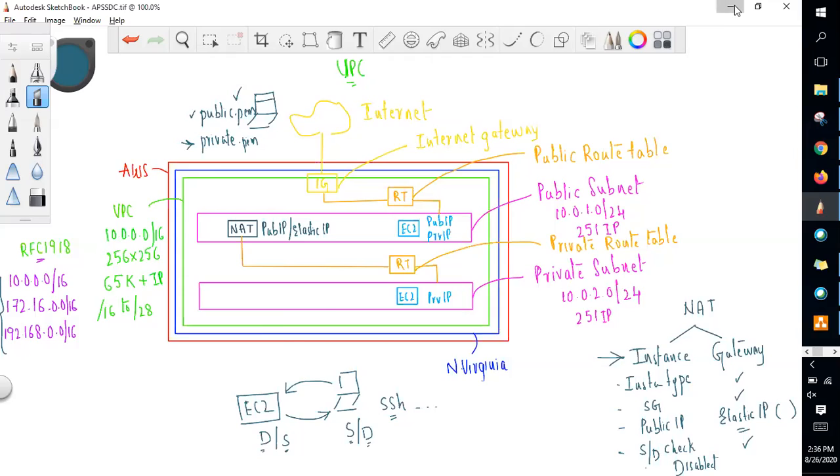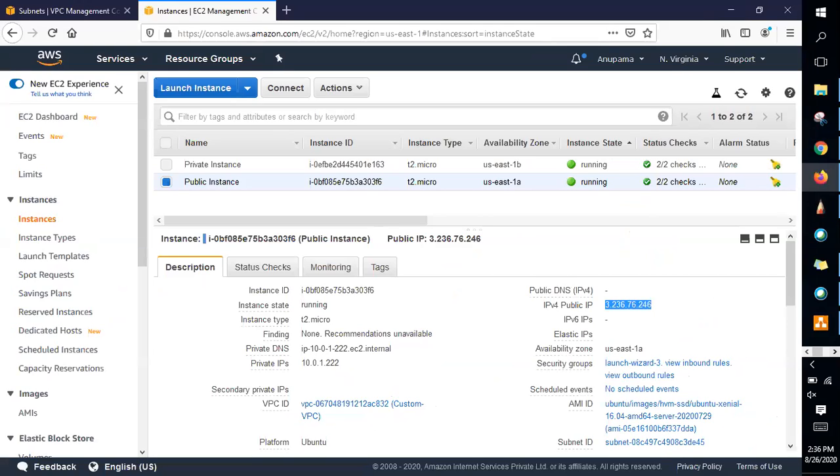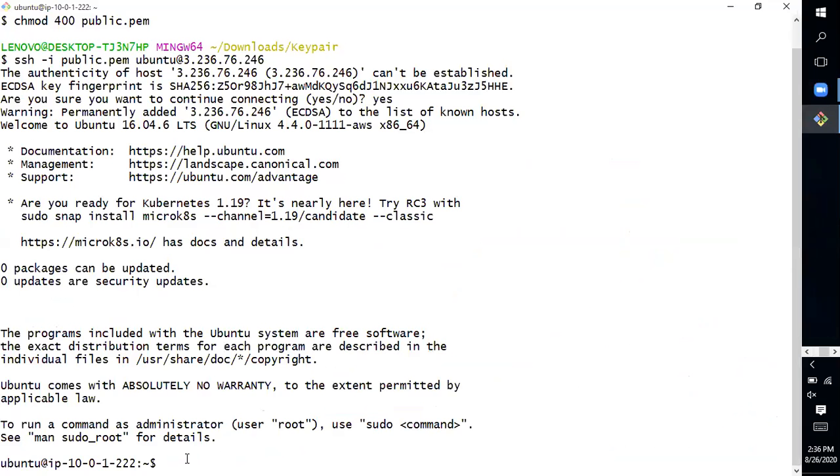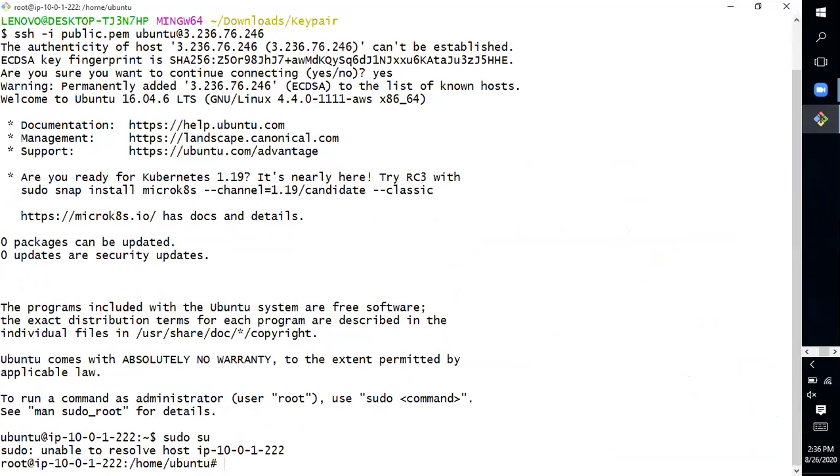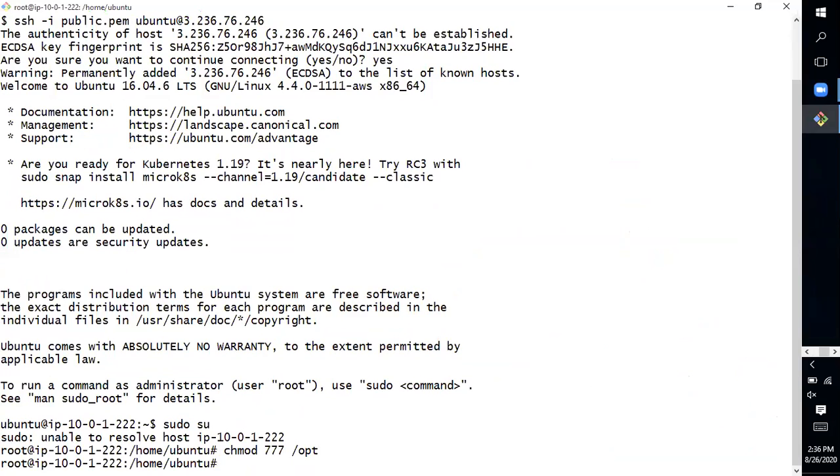Okay, so in order to do that, first of all, I need to go to git bash and go to sudo su, I think so, and give the read, write, execute permissions to the /opt folder. Okay, so that I can copy the private instance's PEM file into the OPT folder. Why am I going to sudo su?